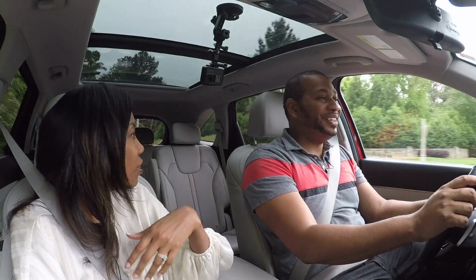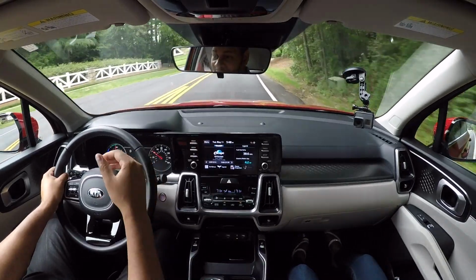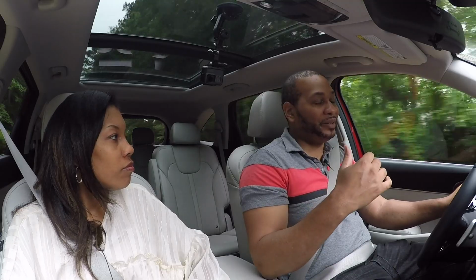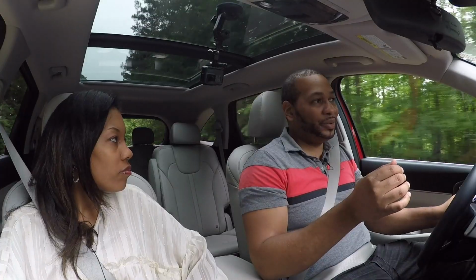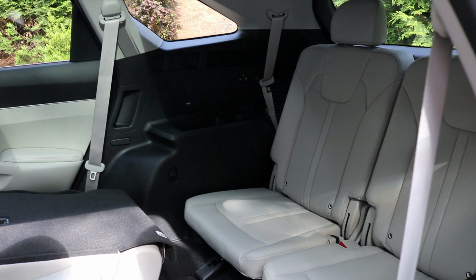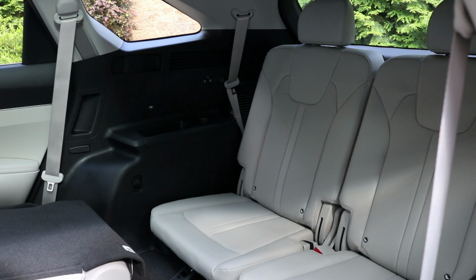Right. So Kia has two main mid-size SUVs. There's the Sorento, and then there's the Telluride. The Telluride offers three rows, seats eight passengers, and it's a little bit bigger than this one. This one is three rows, six passengers. So the rear seats are small, but they can be used for short trips, right? It's not something you want to take a road trip in back there, but the third row is available if